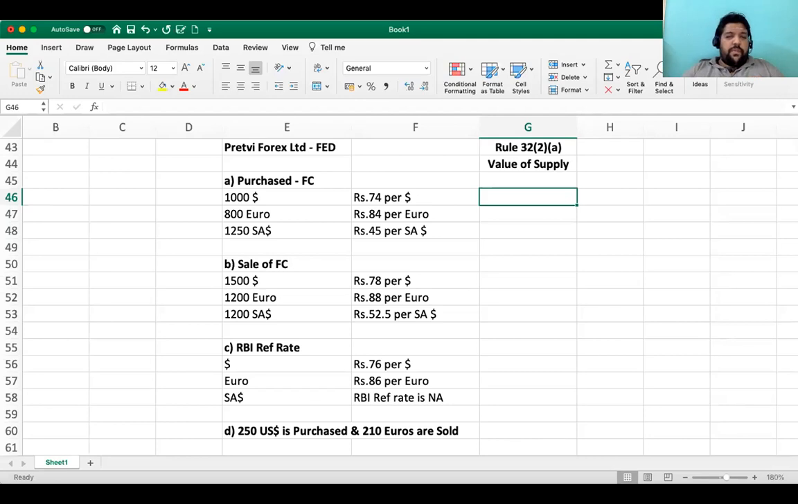You all know RBI reference rate is there for certain currency, for certain currency it is not there. So the difference between buying rate, which is nothing but purchasing rate, and RBI reference rate will be